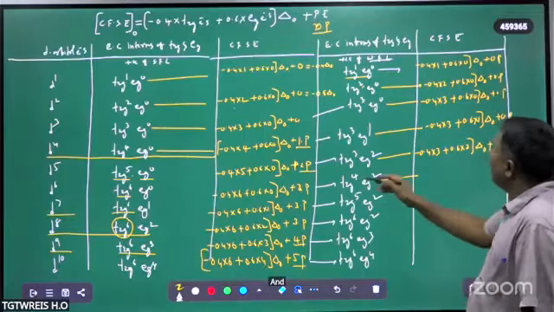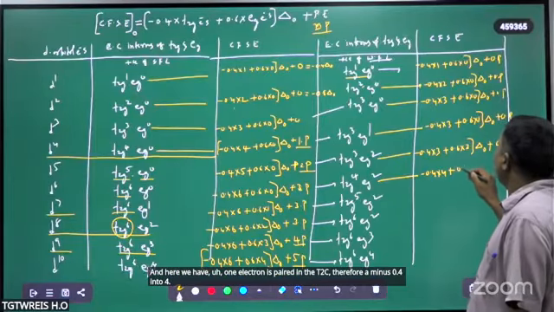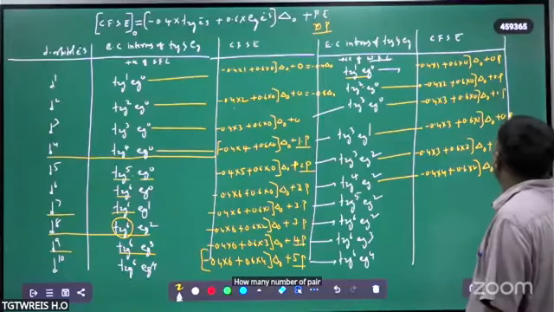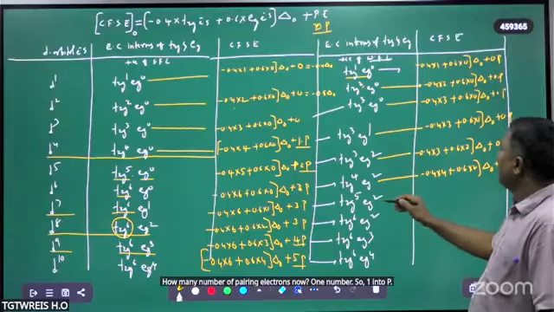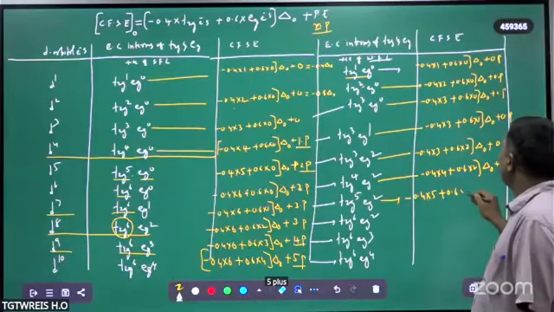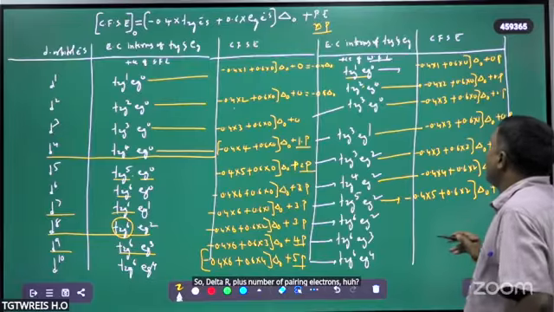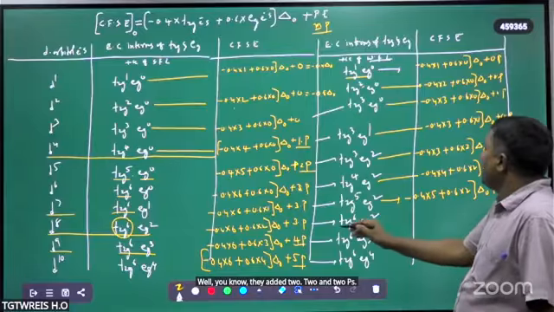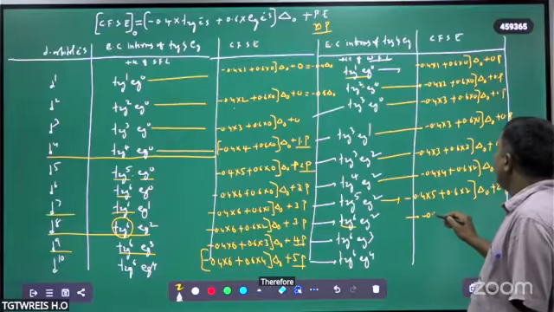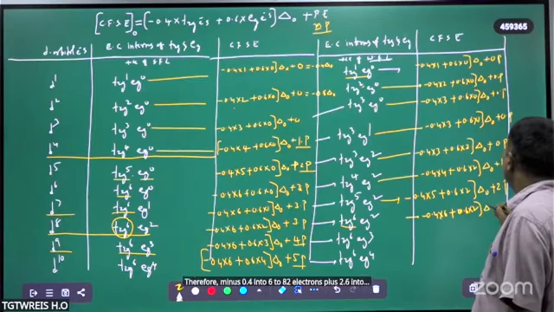And here we have one electron paired in the t2g. Therefore minus 0.4 into 4 plus 0.6 into 2 into delta naught, plus how many pairing electrons now? One, so 1 into P. Then minus 0.4 into 5 plus 0.6 into 2 into delta naught, plus number of pairing electrons, how many now? They are 2, so 2 into P. How many electrons are paired now? 3 are paired. Therefore minus 0.4 into 6 t2g electrons plus 0.6 into 2 eg electrons into delta naught plus 3